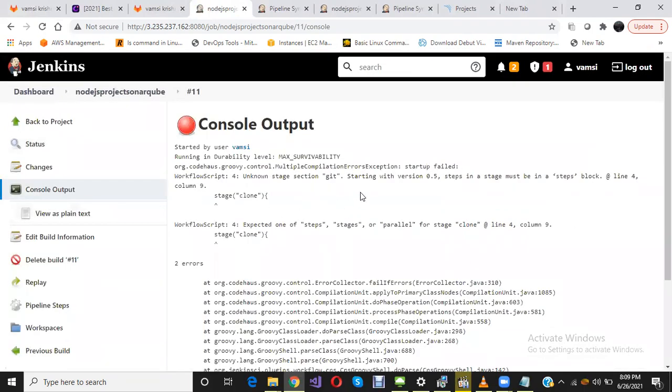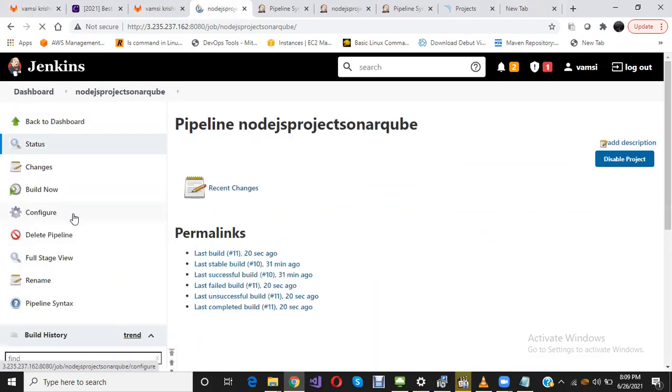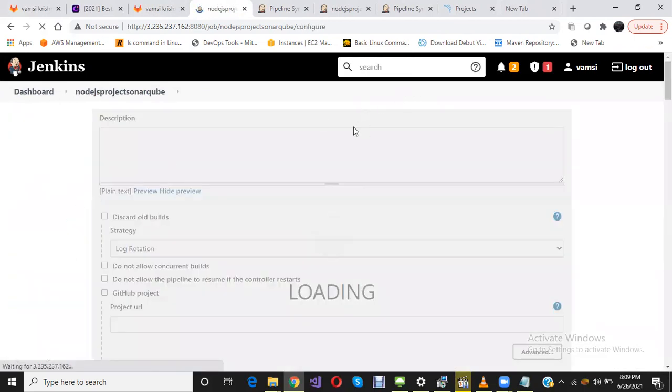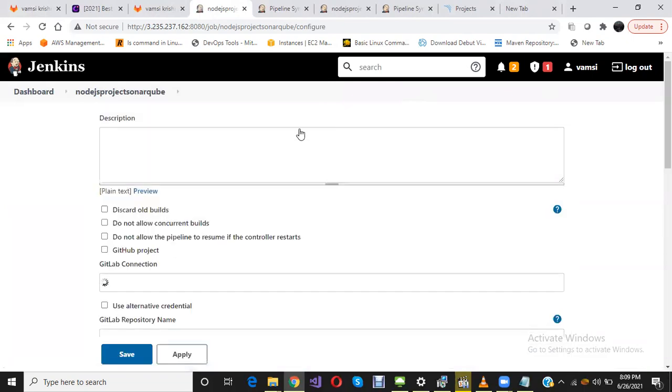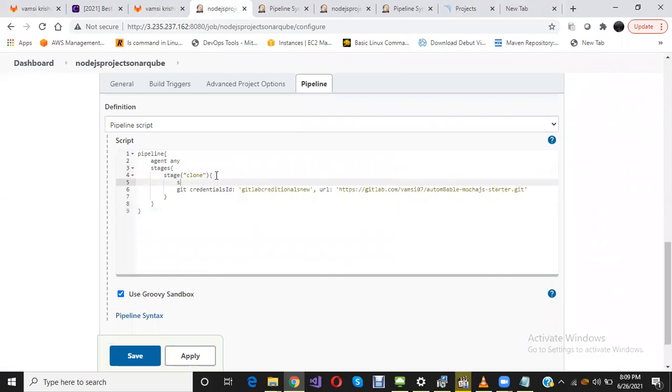Why is it failing? It is expecting steps in the stage. Okay, it is expecting steps in the stage, must be in the steps block. Okay, the mistake I made is, go to configure, go to pipeline, and mention steps.